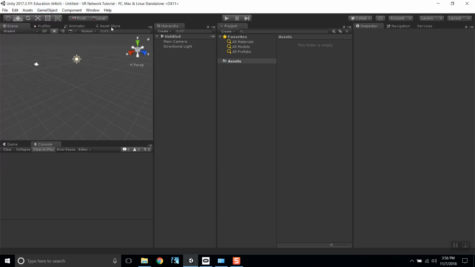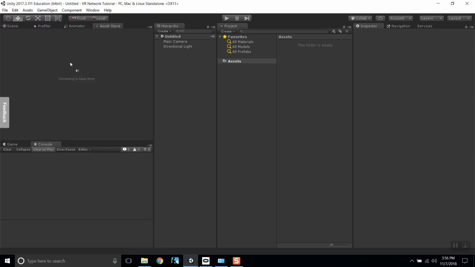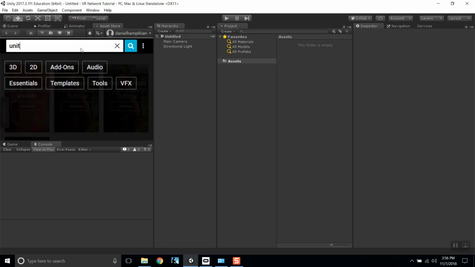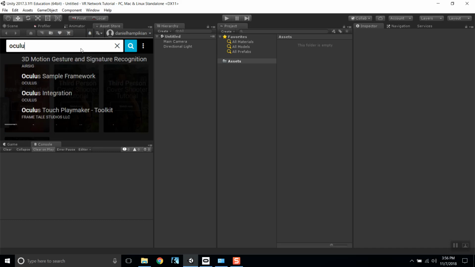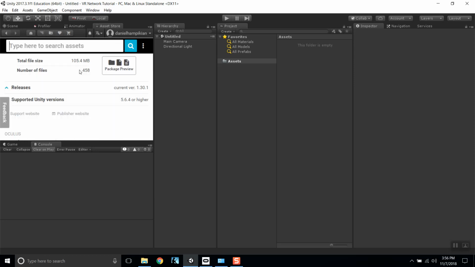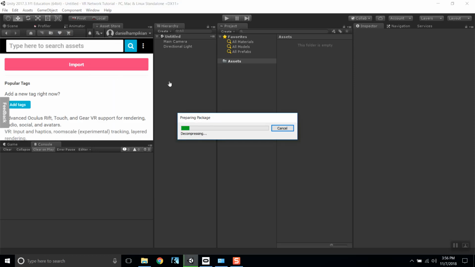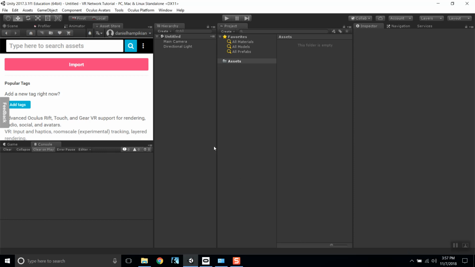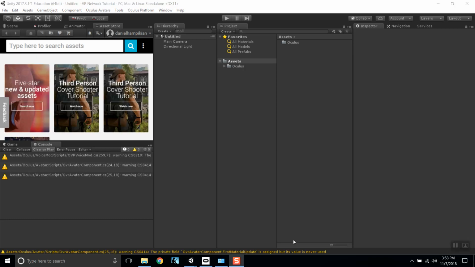So the first thing we're going to do is go to the asset store, and we will pick up the Unity Oculus integration, and import that into our project. We want everything, and it's going to ask us to restart if a new plugin, OVR plugin, is available. If it is, go ahead and get it and restart Unity. Okay, once Unity's restarted,